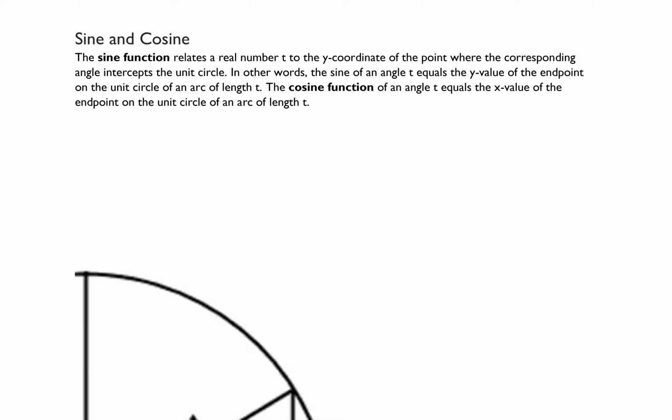The sine function relates a real number t to the y-coordinate of the point where the corresponding angle intercepts the unit circle. In other words, the sine of an angle t equals the y value of the endpoint on the unit circle of an arc of length t. The cosine function of an angle t equals the x value of the endpoint on the unit circle of an